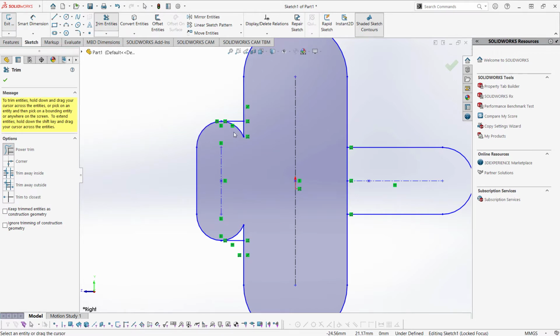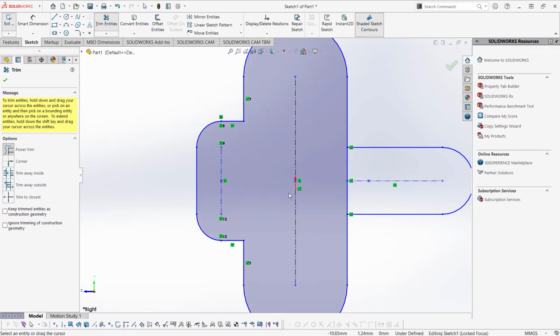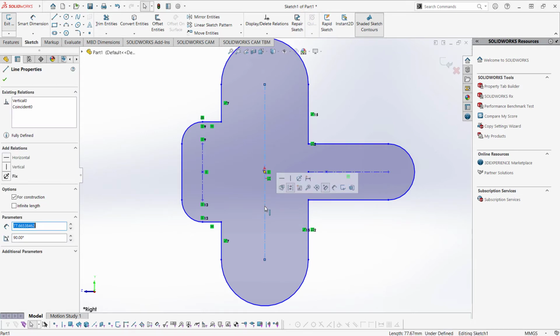Hold my left mouse and slide. Trim here and trim here. And trim here and here. I'm going to select this construction geometry. Hold Control and click our origin